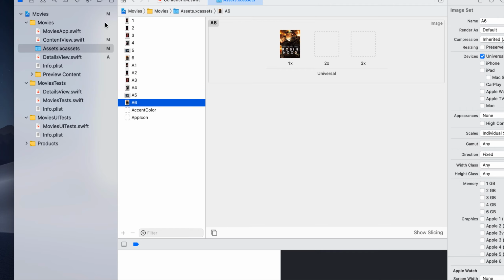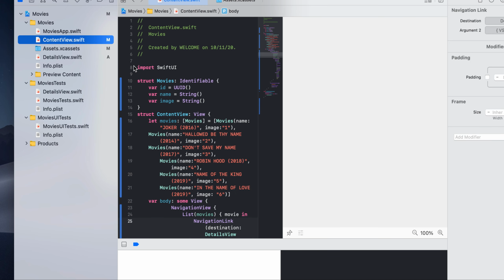Now in ContentView.swift, since we have already declared the Movies structure, it should not complain. When we say movies, it knows that this is going to be a type of Movies, so Movies is a structure.